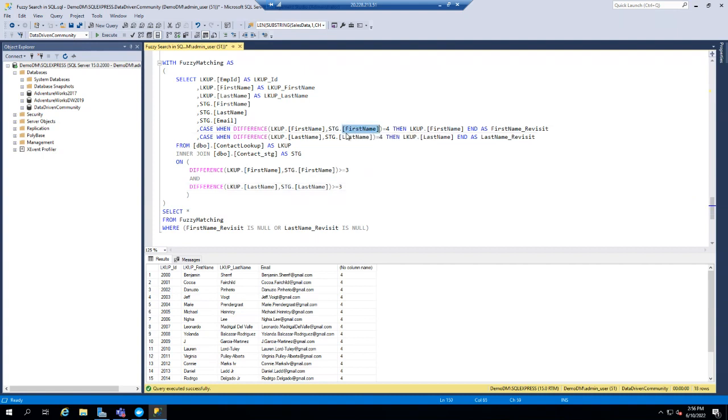So what I'm checking is, for example, there's a case statement. If the difference number happened to be 4, I want this one, and I'm going to call this revisit. And if the difference for the last name happened to be 4, I want this to be revisit. But guess what happened? Instead of equal to 4, I bring 1. I started from 3 and up because